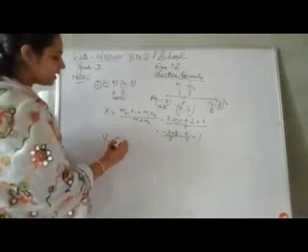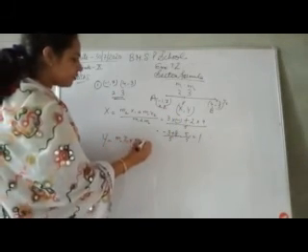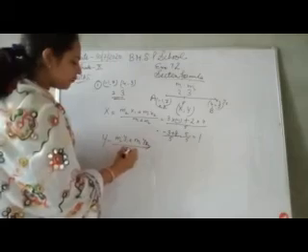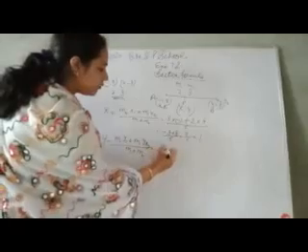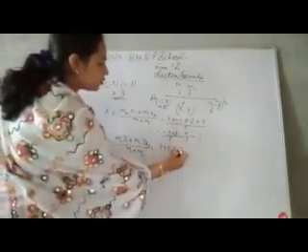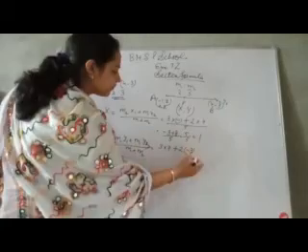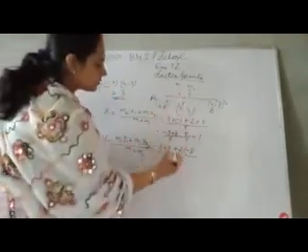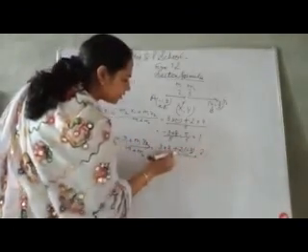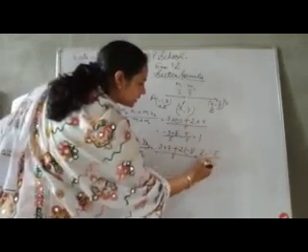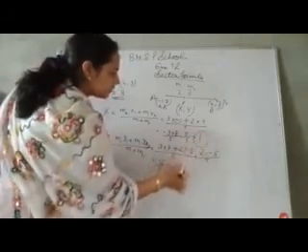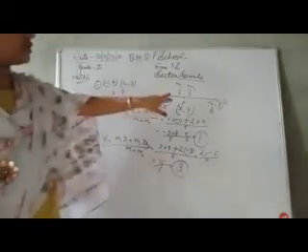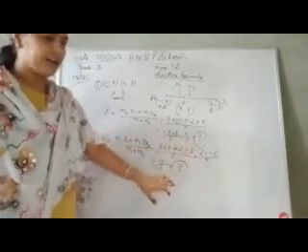The y coordinate is (m2 y1 plus m1 y2) by (m1 plus m2). Put the values again. m2 is equal to 3, y1 is 7, plus m1 is 2, y2 is -3. So m1 plus m2, 2 plus 3 is 5. 7 threes are 21, 3 twos are 6, minus 6, by 5. So 15 by 5 is equal to 3. X is 1, y is 3. So I got the coordinates of the point which divides it in the ratio 2:3. Coordinates are 1 and 3.